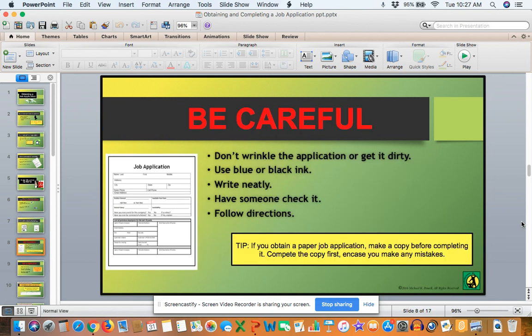Make sure you're careful again. If you're using ink, use blue or black ink. Make sure you write really neatly. Have someone read over it, check it. Make sure that you're following the directions. Each application is going to be slightly different than the